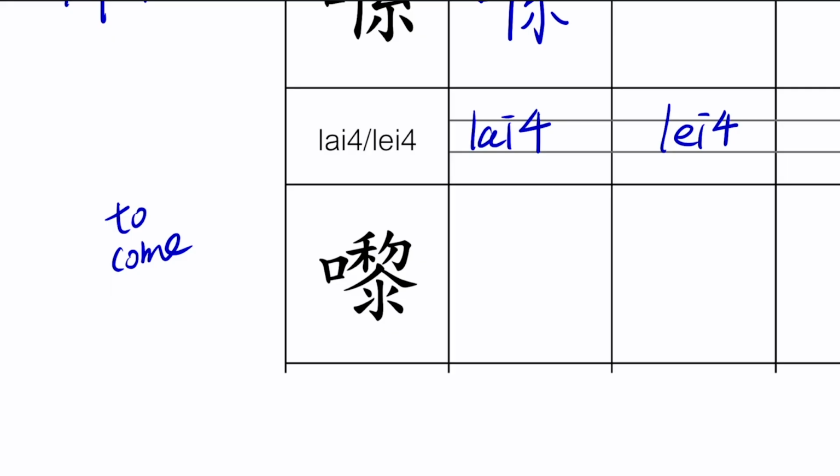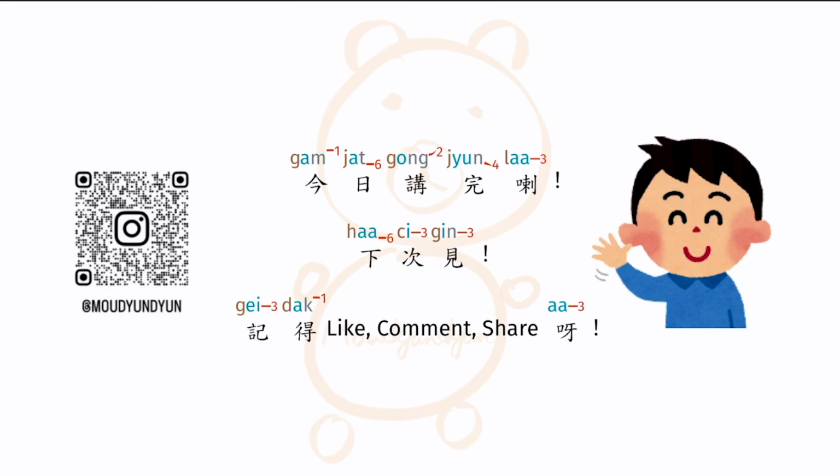This is also a Cantonese character, so mouth radical 直橫直橫撇橫直撇點撇橫彎勾撇撇捺直勾點剔點點, 得唔得？今日講完啦，下次見，記得 like、comment、share 啊，拜拜。